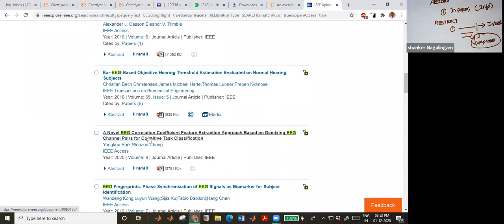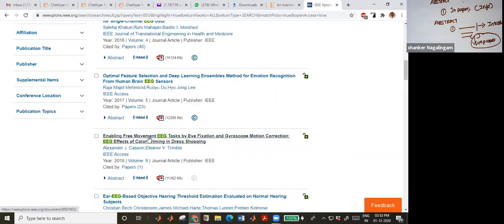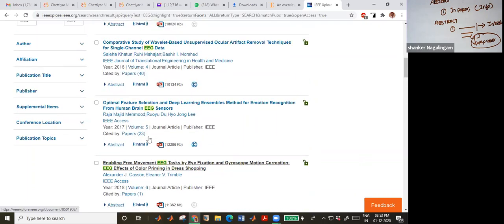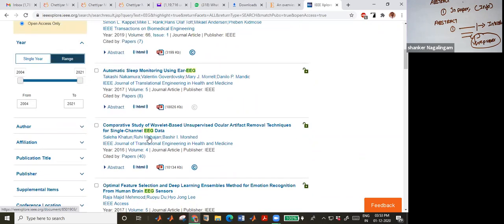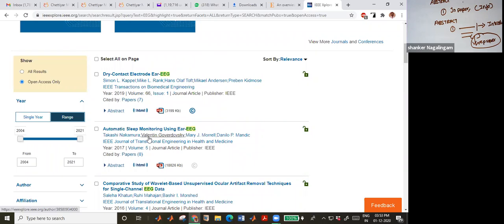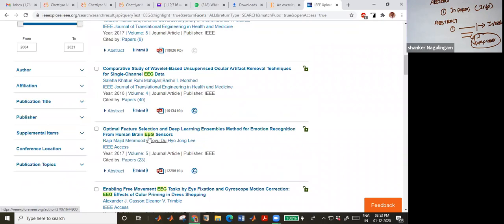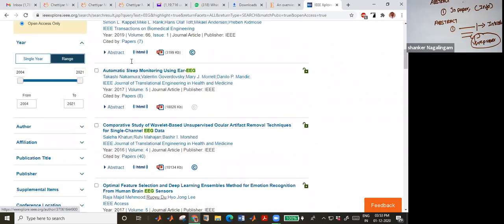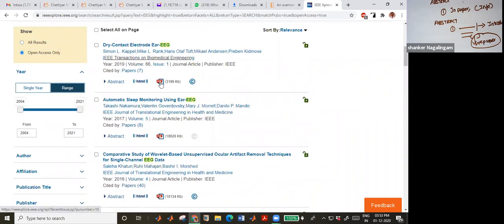transactions, okay. And of course we want to understand that in transactions it will be very clear writing, and of course the writing changes from journal to journal. That we want to discuss later on in later sessions. Now I'll go for one latest paper. I think it is 2019. Now I'll just open this paper, and